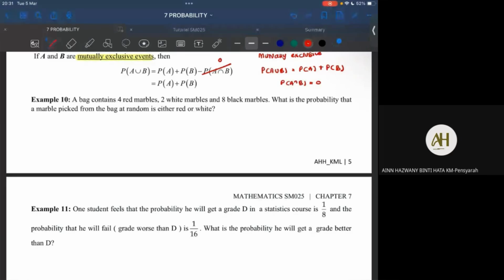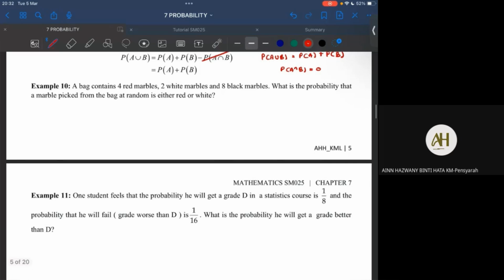A bag contain ada 4 red, 2 white, 8 black marbles. So kita nak pick one marble, is either red or white. Dekat sini kita tahulah dia tak boleh intersect. Red dengan white ni tak boleh intersect. So we know that this is a mutually exclusive event. So straightforward dekat sini kita ada P(R